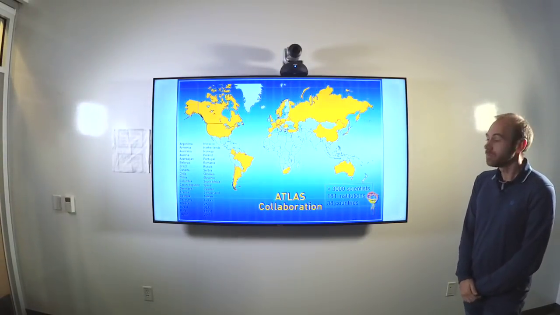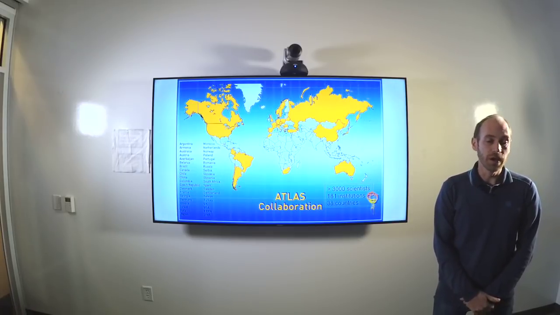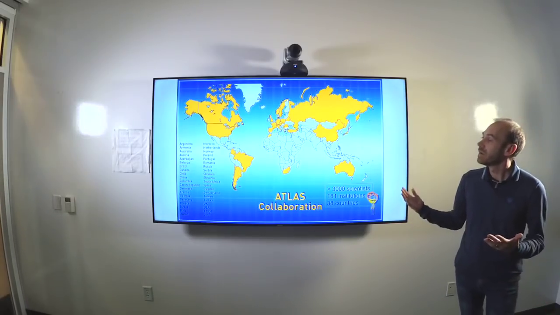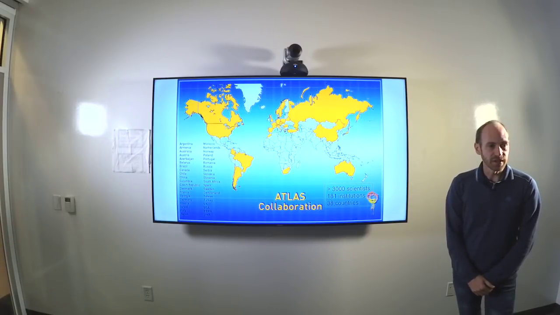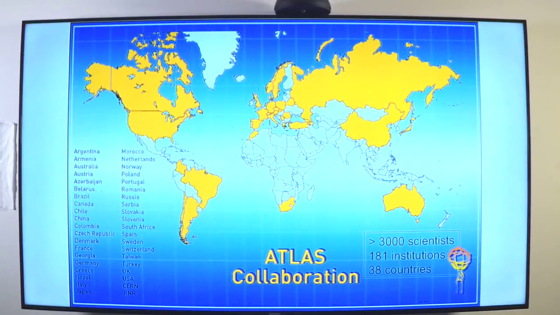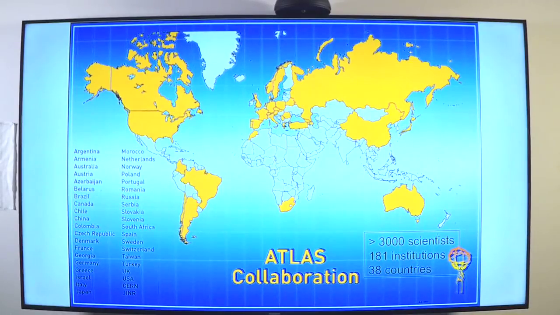One thing I want to point out is that to make such a large accelerator and be able to make measurements with it requires a large collaborative effort. In fact, this is a collaboration that spans the whole world. We are more than 3,000 scientists working on this experiment from about 180 institutions around the world, spanning 38 countries. You can see in this picture, highlighted in yellow, all the countries that participate in the experiment. So this is really not a few scientists' effort, but the biggest collaborative effort ever attempted in science.